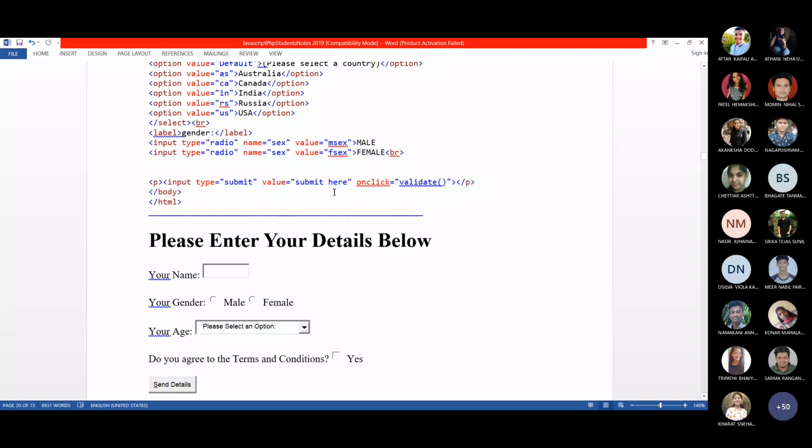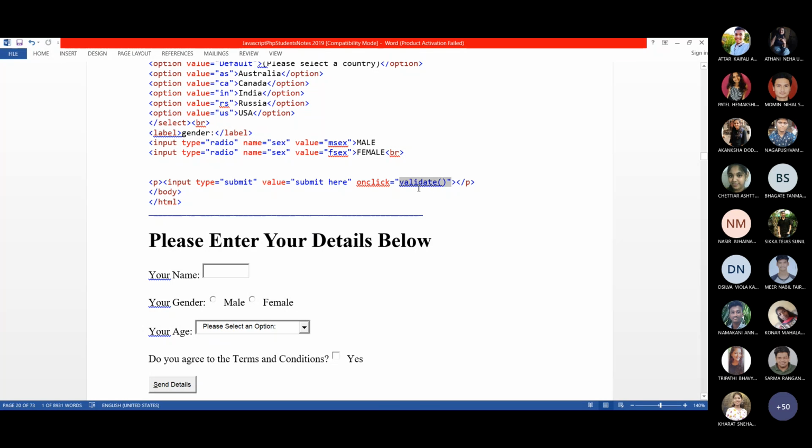And inside the submit button, because when you click the submit button, something should happen, some action should be triggered. That action, what has to be triggered when I click the submit button, you have written in the JavaScript code in one function, in one user defined function. That function you are calling here. So onclick equal to validate is a function. Within this function only, I have written all the validation JavaScript code.